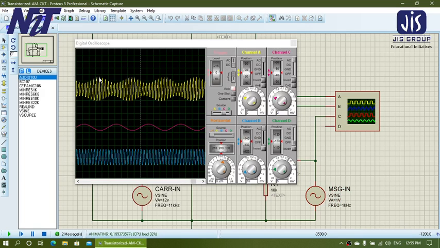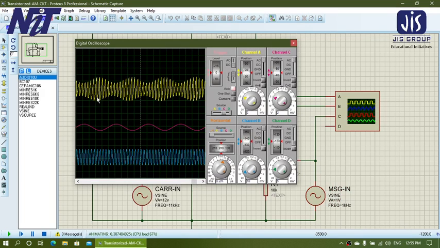So in this case, from here to here you have to measure your Vmax, and from here to here you have to measure your Vmin for the calculation of modulation factor, and put the values in the table that I have already shared in the PPT. All the values you have to take from here and put in the table, then calculate.